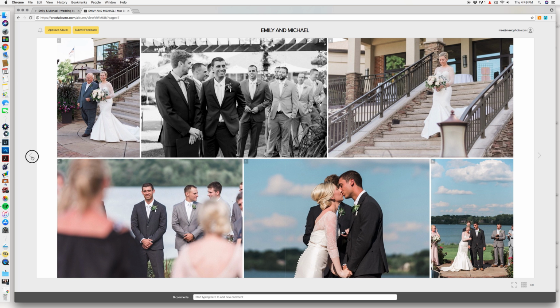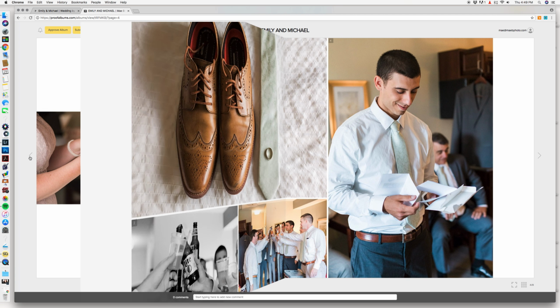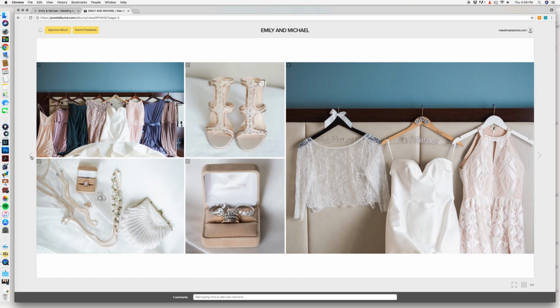And then if you do have to have some images swapped out, you get 2 complimentary drafts for your album. So if I have to swap an image out, I'll get the email, and then I will send you another email with the corrections that were made based on the notes that you gave me. So after you get your second email with the second draft with the changes,